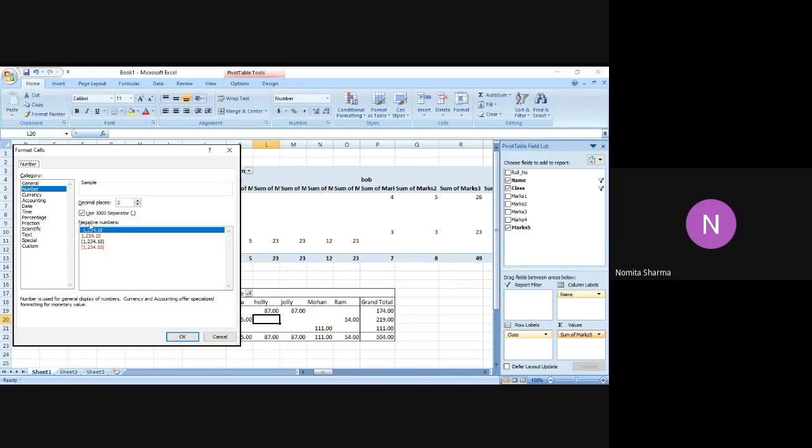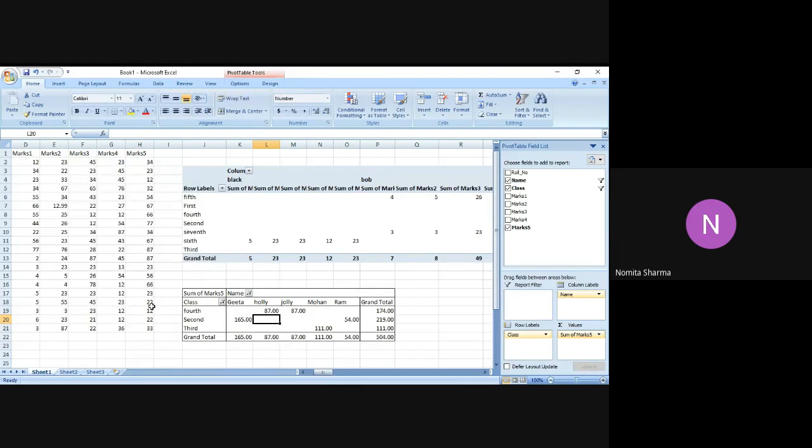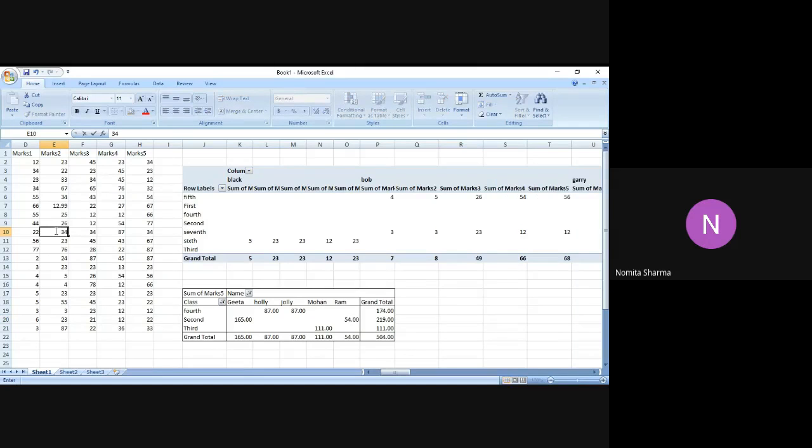And they have also used the separator. Since there are not more numbers, the separator is not required, they are only in 100 form. So if I just click OK, this will give me the numbers in the 0.00 format, which I have just changed. Let me make a change over here as well, and let's see what happens if I make further changes.